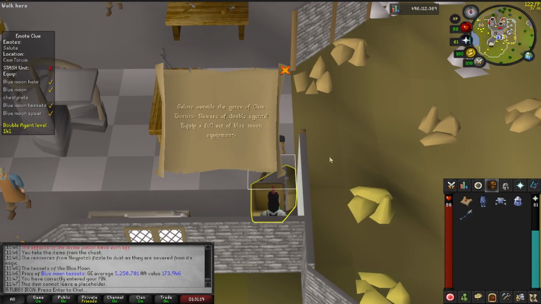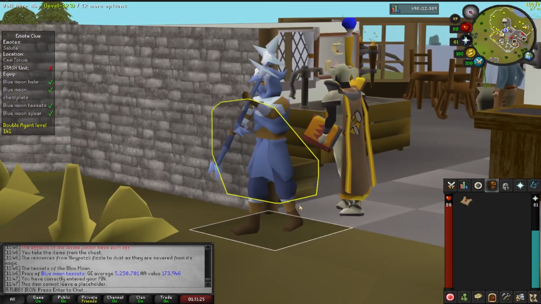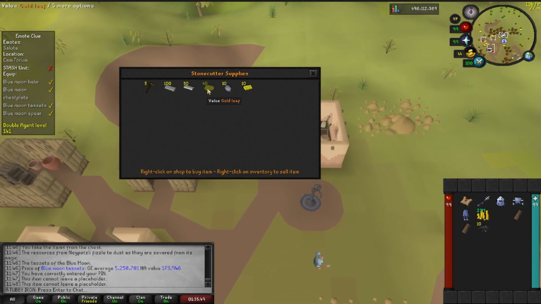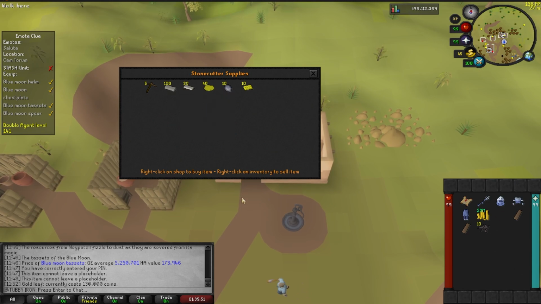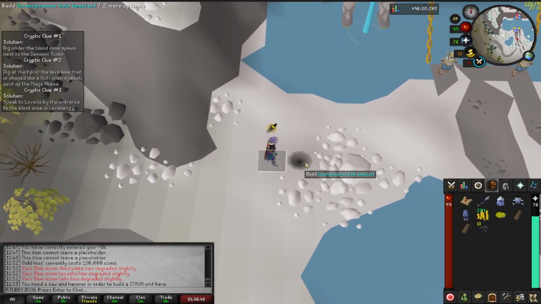I've been sitting on this master clue this whole time, but now that the set is done, I can finally progress it. It also looks pretty cool. I need to buy gold leaf for the master stash unit, and they added a new NPC that sells construction supplies in Varlamore. Caldegram is no longer the only source of these things. The double agent is dead, and the stash unit is now...